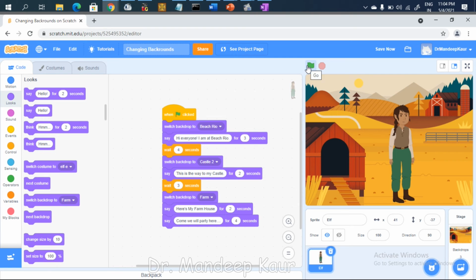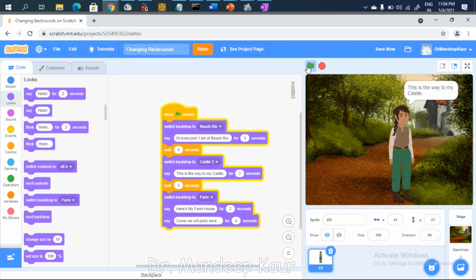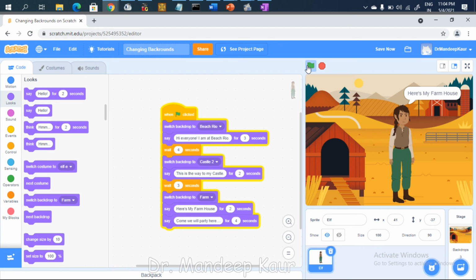I'll click here. Hi everyone, I'm at Beach Rio. This can be displayed for 3 seconds. Then this is my way to castle. This is for 2 seconds, and then it is like this.